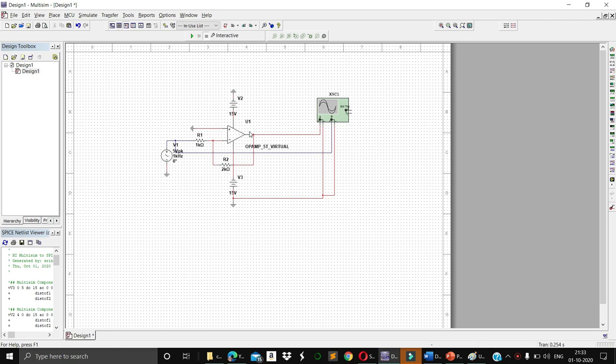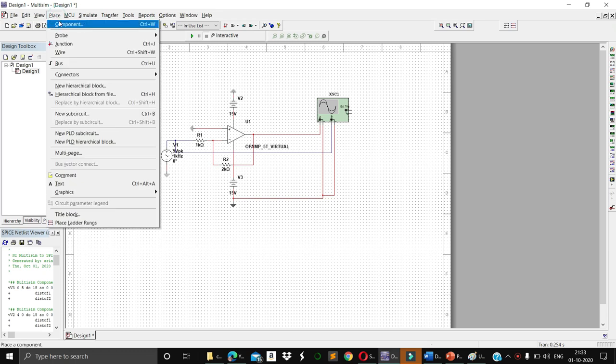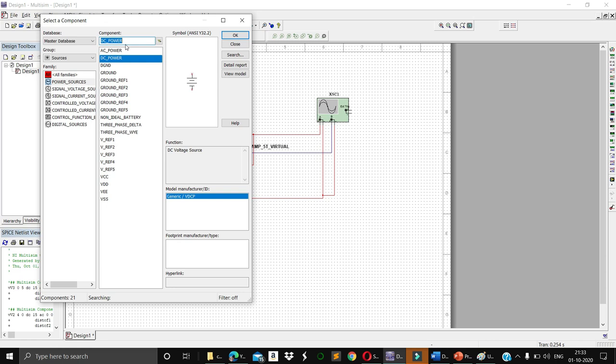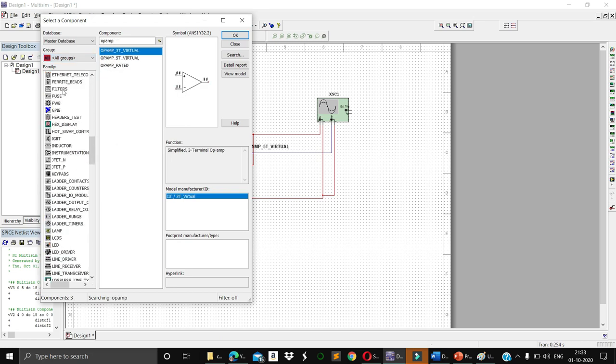I have taken a 5 terminal op amp and an oscilloscope. If you want to find these components, click on the Place button and then Component, and search for whichever component you want. If you want an AC power source or DC power source, click on All Sources, and you will get all the components you need to design the circuit.